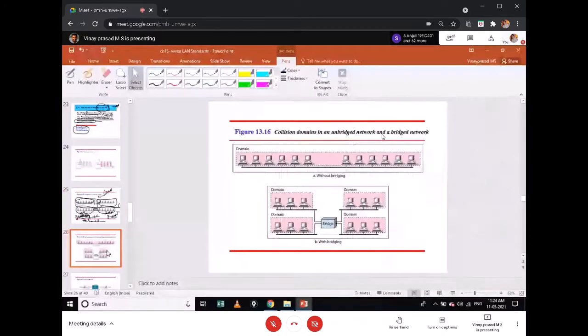What do you mean by collision domain? It is a domain wherein, if any one packet is involved in a collision, that collision affects all hosts in the domain. Once the data is involved in a collision, all these stations will receive the collision signal, and they don't know whether their own data is in collision or some other data is. They don't know which data collided.